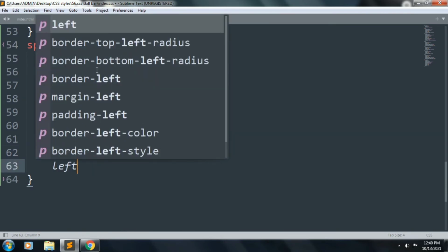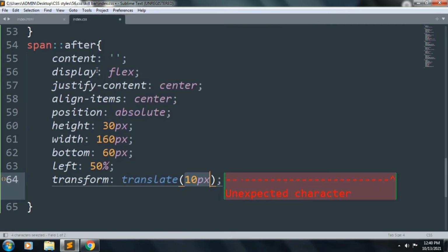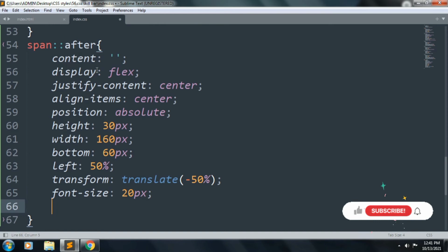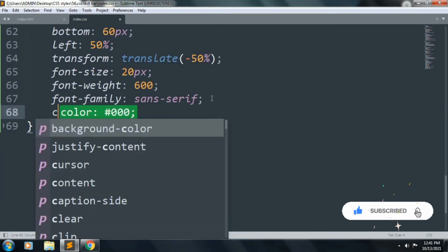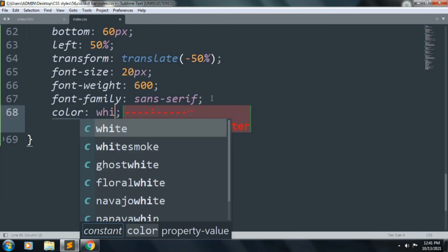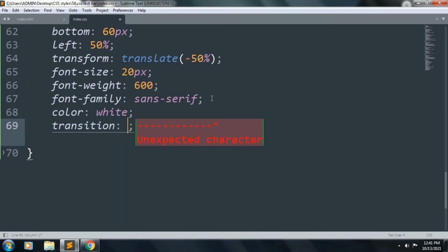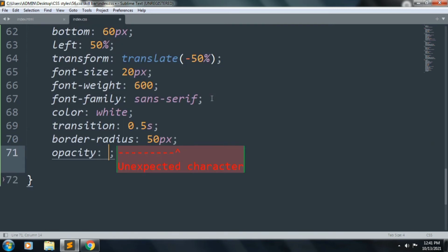Left will be 50% and translate -50%. Font size 20 pixel. Font weight is 600 and font family is sans serif. Font color is white and we want a transition that will be 0.5 second. Border radius 50 pixel and opacity will be 0.